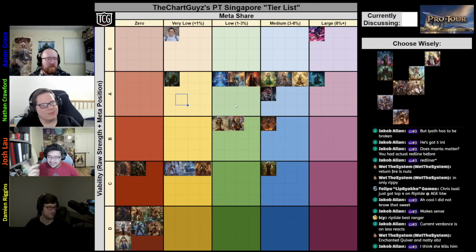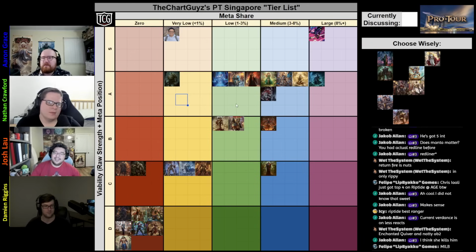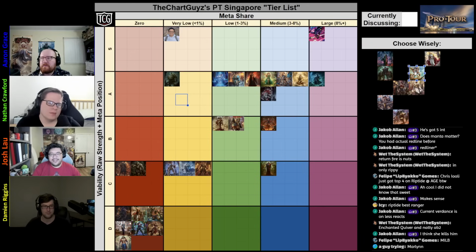I think it's chat's time to pick. Chat, what do you want to talk about? Not many heroes left. We're at the final quarter of heroes. Let's go and do Puffin. All right, Puffin. This is a hero that seems